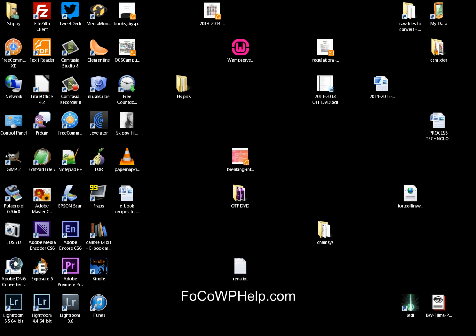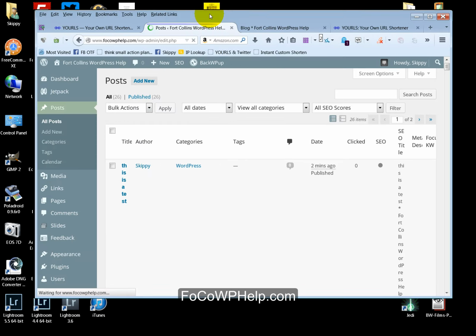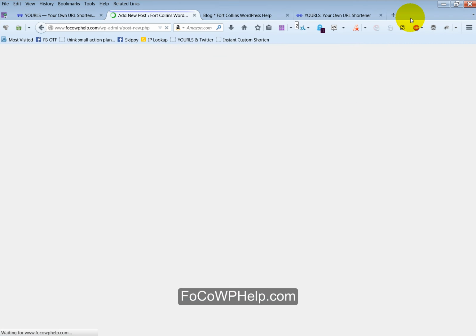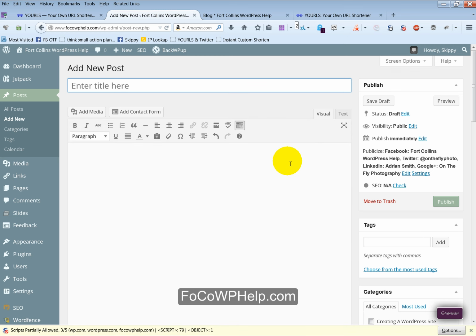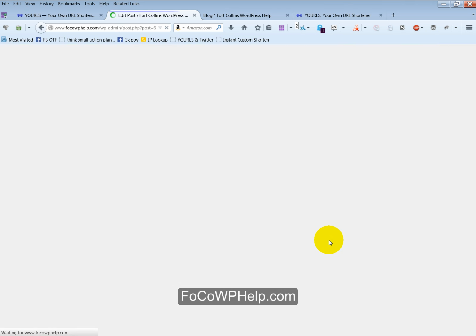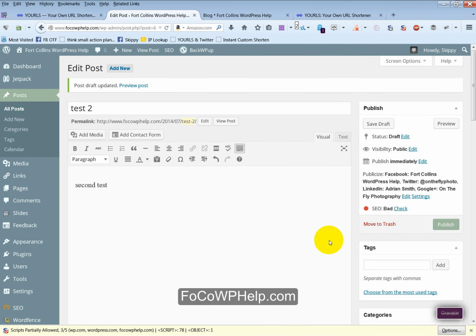Post. Going back to the post dialog now. We're going to click add new. Interesting. It's not there. Hold on. Test 2. Second test. Save a draft. Not there. I have no idea why not. Unless